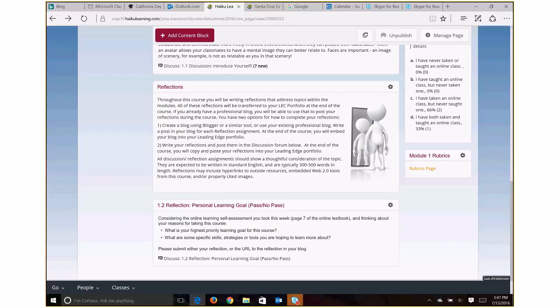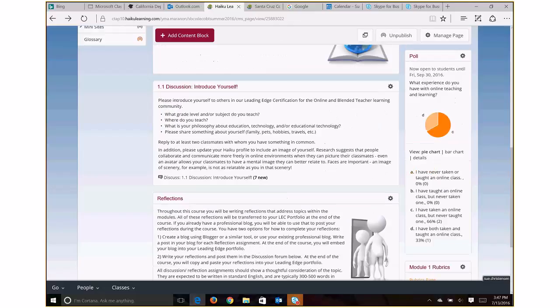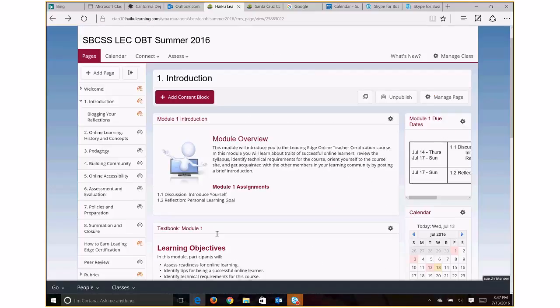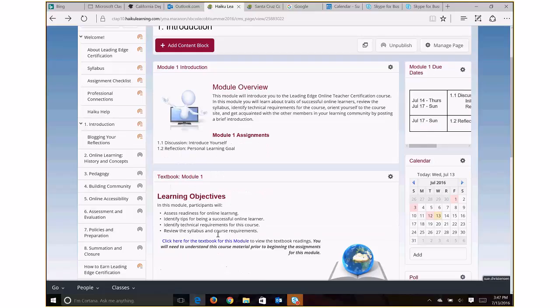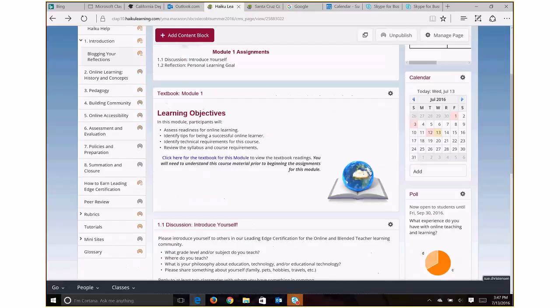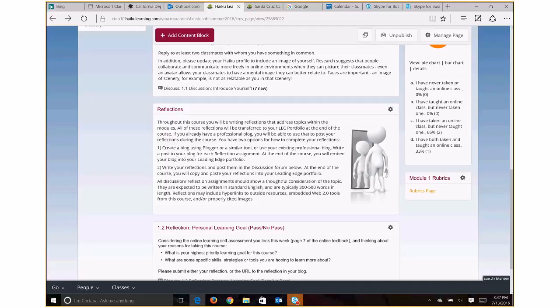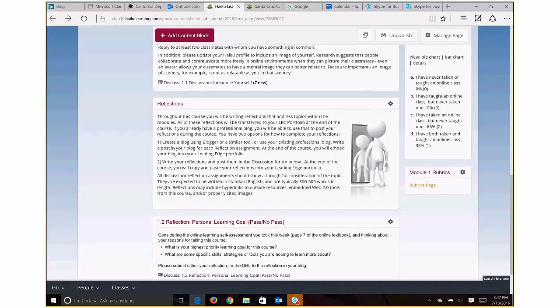There's also instructions on the page up near the top under welcome, I believe. No, here it is, where it says blogging your reflections right here. You can go to that page and get further information if you've never done a blog and you'd like to start one. You could do a blog using Blogger, which is a tool that's free in Google.